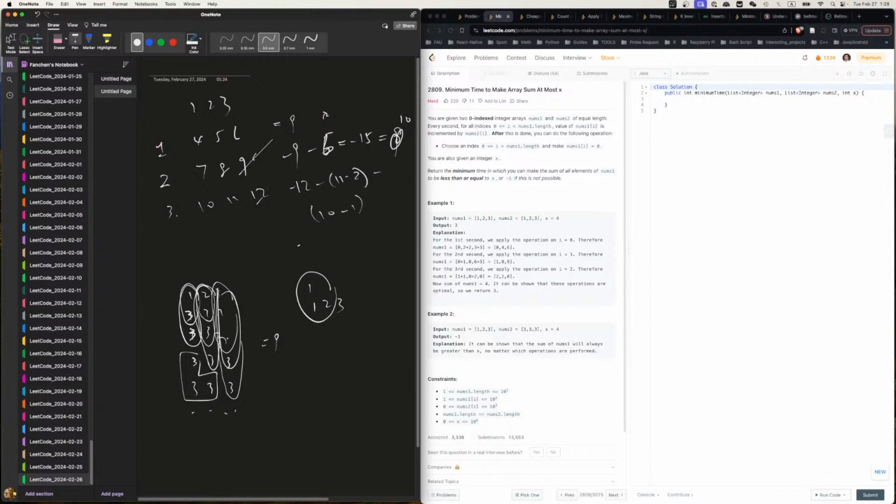So it could be a priority queue, right? So for each one, you have a new priority queue, and you pop the first, right? You pop it, and then you can put it into another priority queue for the next round. And the next one, right, the next one will be